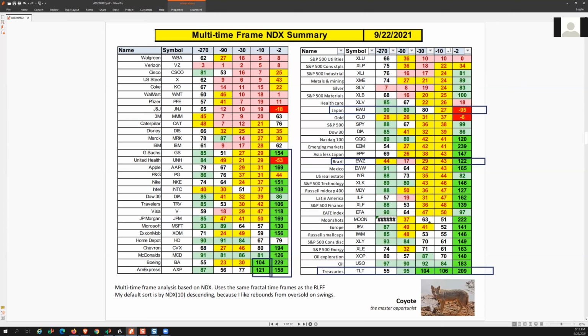This is perfect season for the coyote, the master opportunist. Swing trading one day at a time in that little omnivore. One of the few animals in the wild that is expanding their range and getting much more prolific. They thrive during chaos, the coyote.